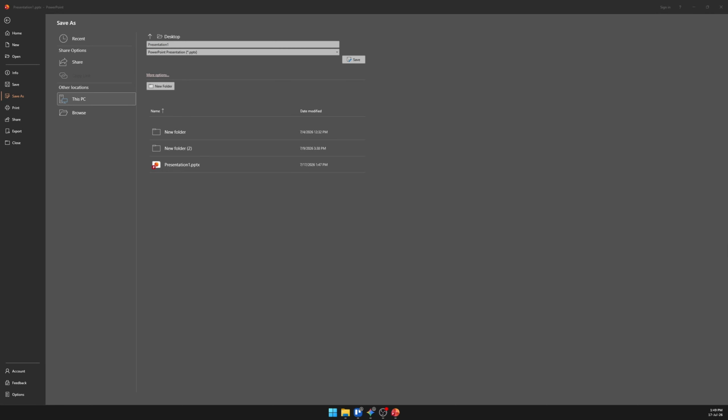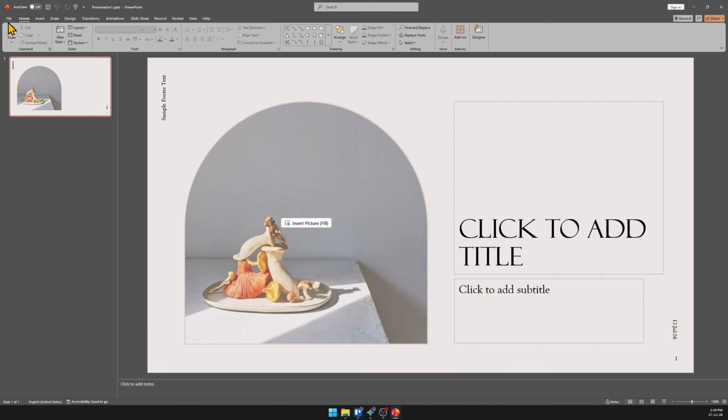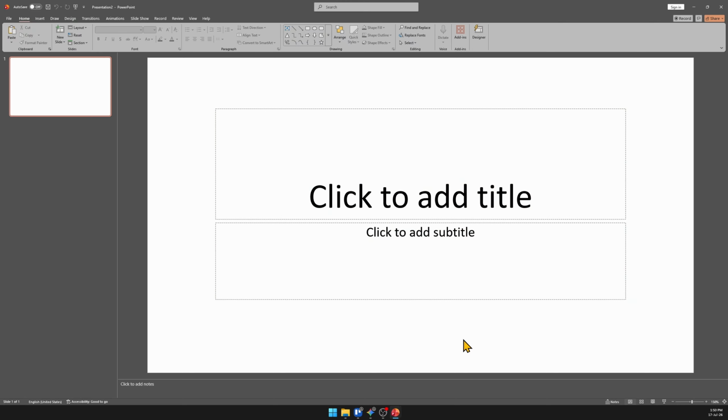And if the save as trick fails, it usually means that a specific slide or a piece of media you pasted into the presentation has corrupted the file structure. So we can bypass this completely by copying your slides into a fresh environment. So just leave your broken presentation open, press Ctrl N on the keyboard like this to open up a brand